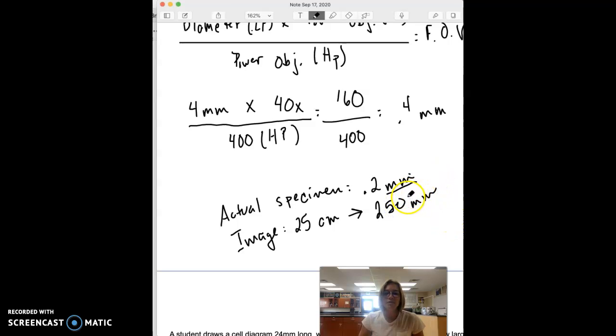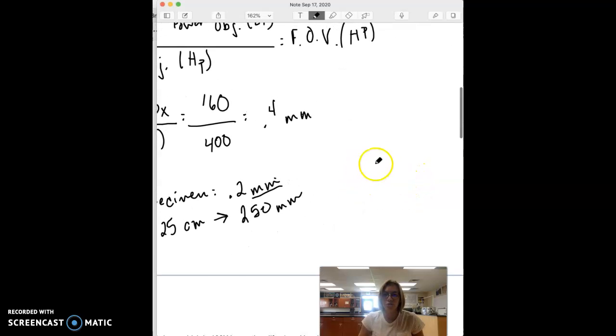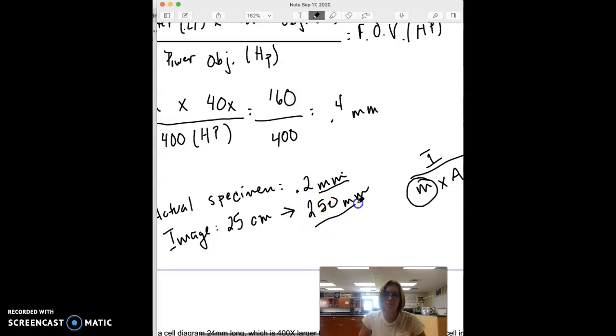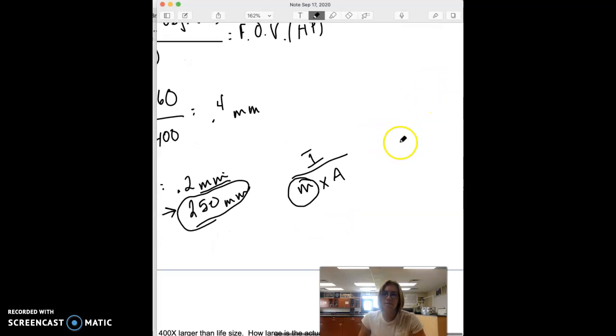And now all that I have to do is I have to think about my fancy little triangle, right? So M times A all under I. We're looking for what the magnification of that drawing is, right? So how much bigger is that drawing than the actual organism? So we're going to take our image, so 250 millimeters, divided by our actual, which is 0.2 millimeters, and that's going to give us